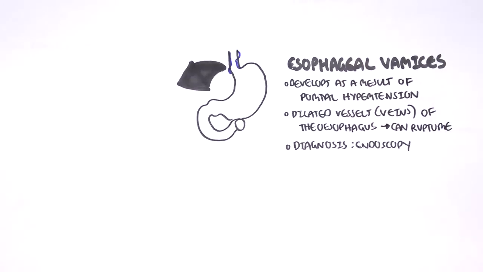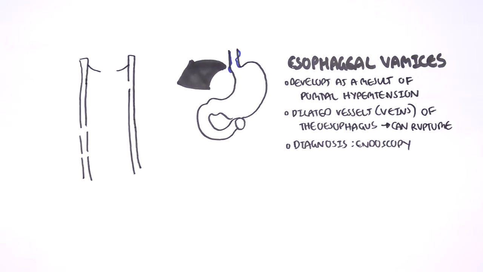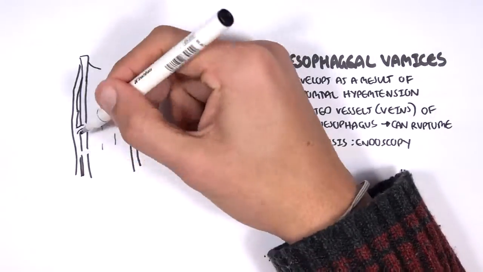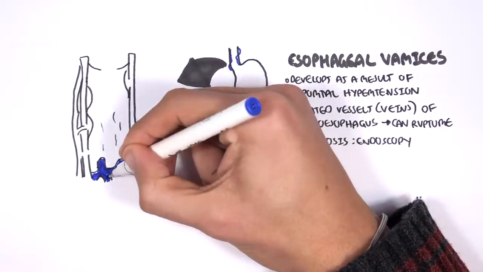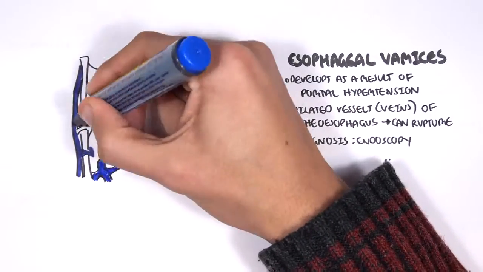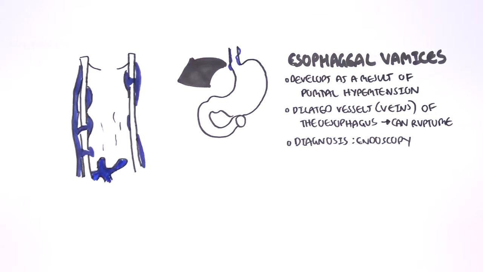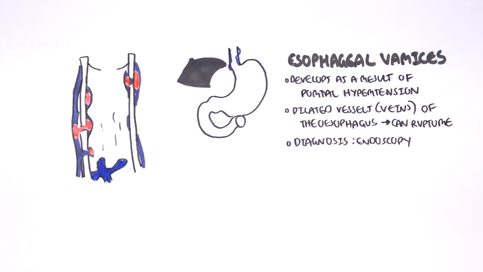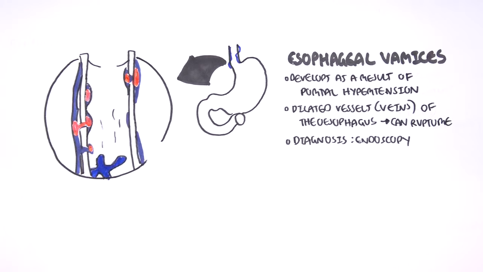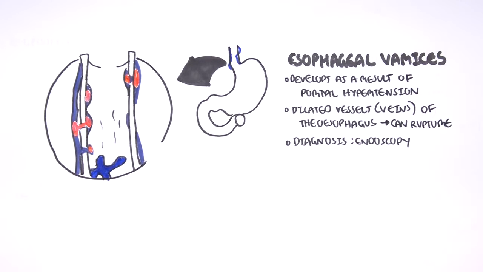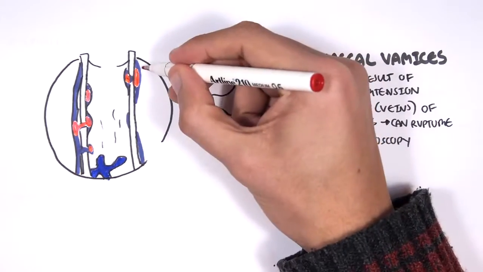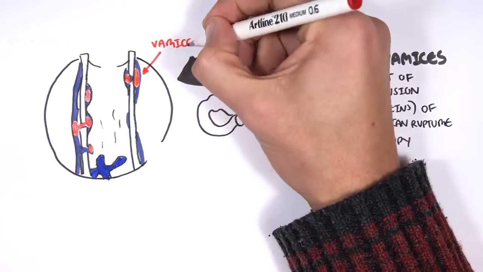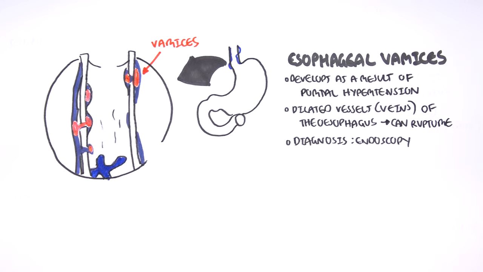So let's zoom into this area of the esophagus and learn a bit more about esophageal varices in a diagram. So here I'm drawing the esophagus, and these are the veins that drain the esophagus. And the veins that drain the esophagus contain blood. Now in esophageal varices, blood essentially pools in the area, causing these veins to grow, and they can subsequently rupture, causing serious problems. So here we have varices, the pooling of the blood, and the veins that actually drain the